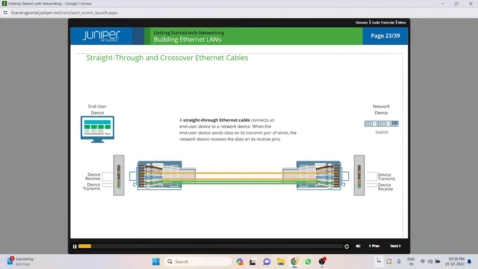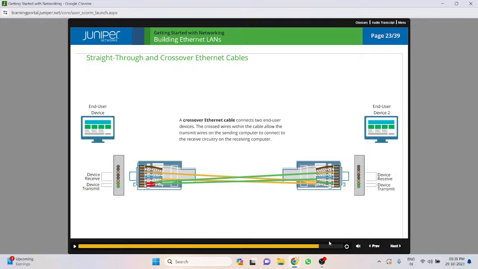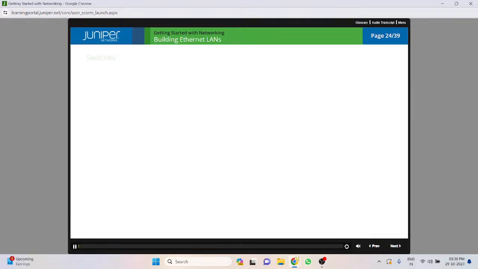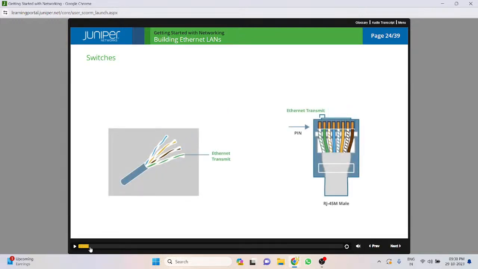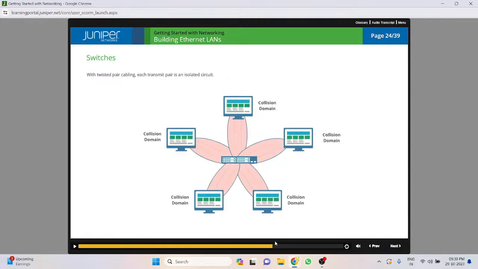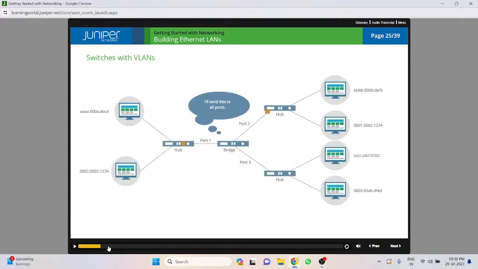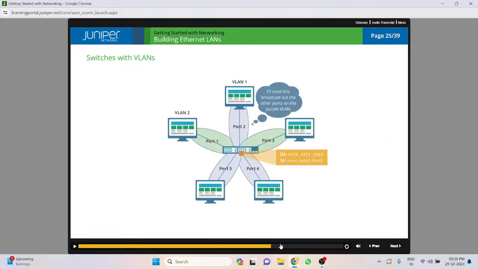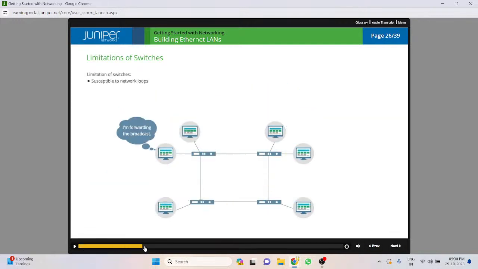Normally, an end-user device connects to a port on a network device, such as a hub or a switch, using a straight-through Ethernet cable. Because there are two different earlier we learned switches do have